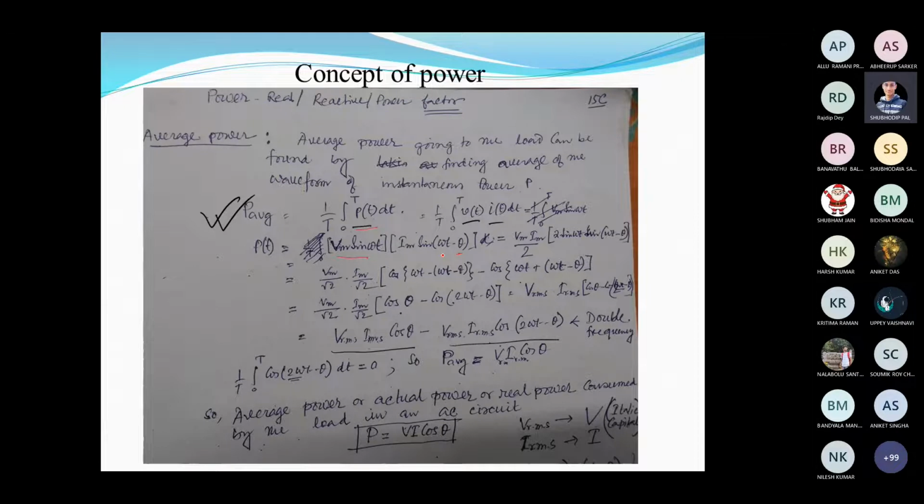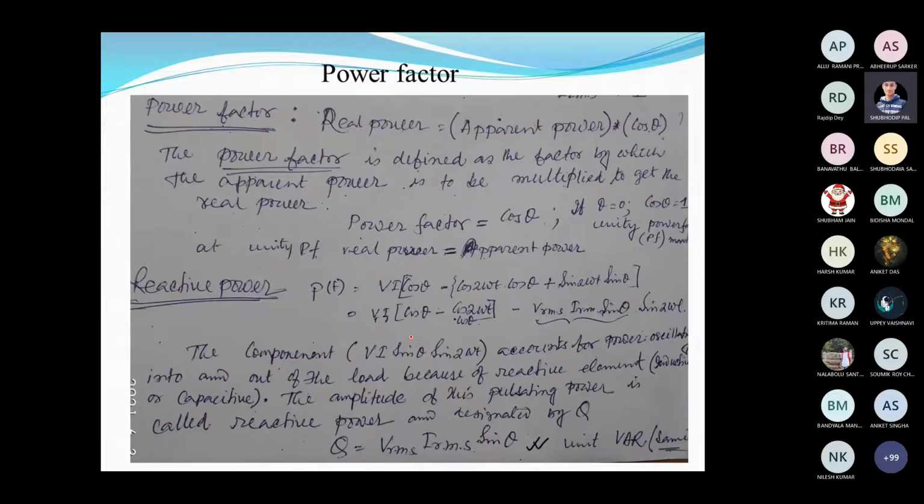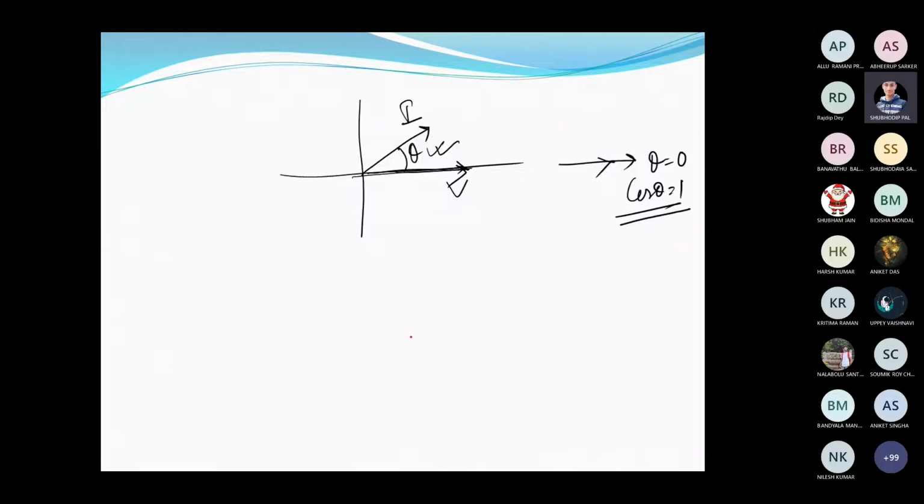Usually a phasor is represented by its RMS value and its phase value. All right, I'm not discussing this one much. I hope you have understood that when theta is 0, cos theta will be 1, and at that time only VRMS into IRMS will be the power. If it is a resistive circuit, then cos theta will be 1.